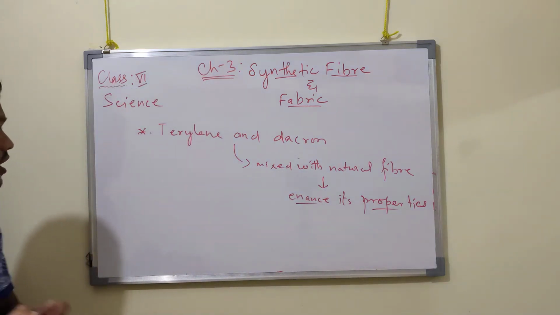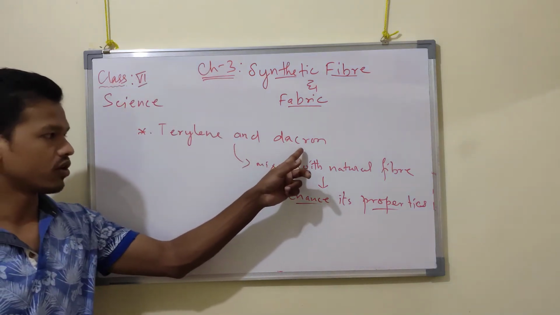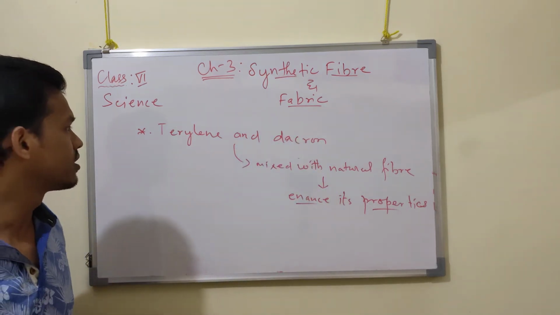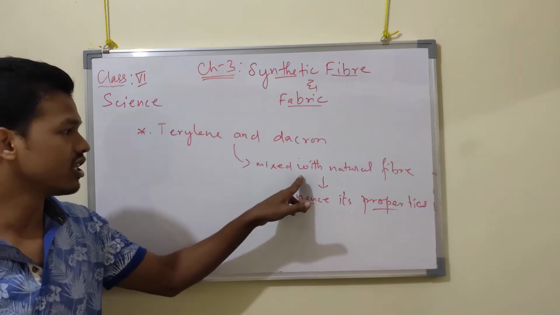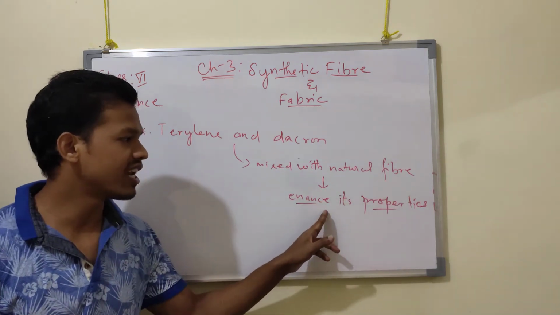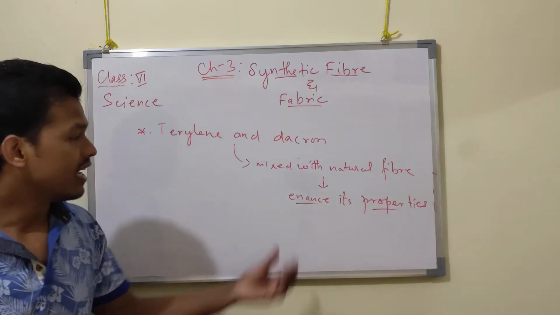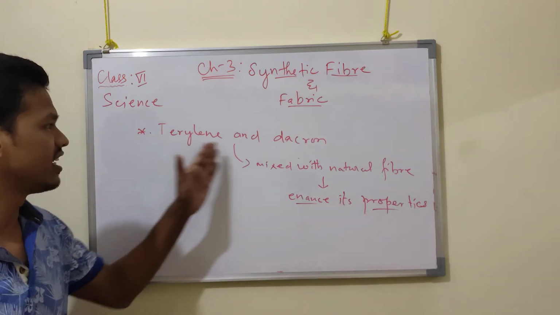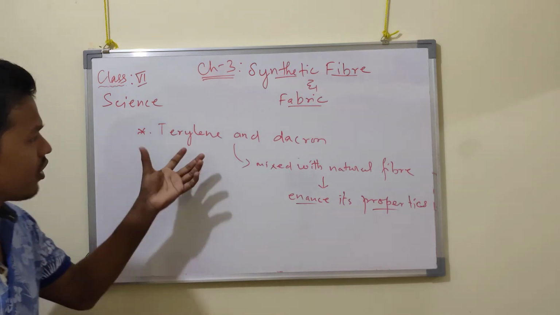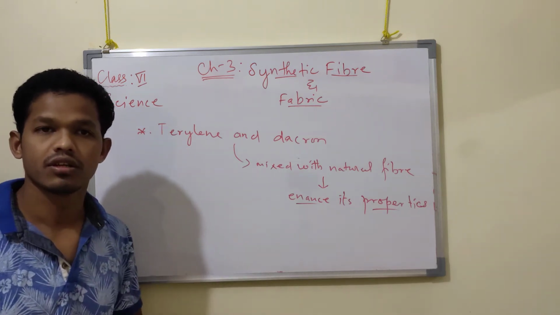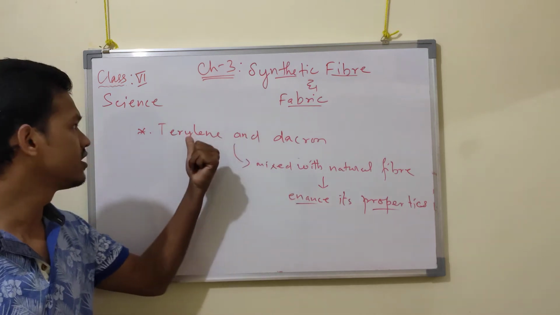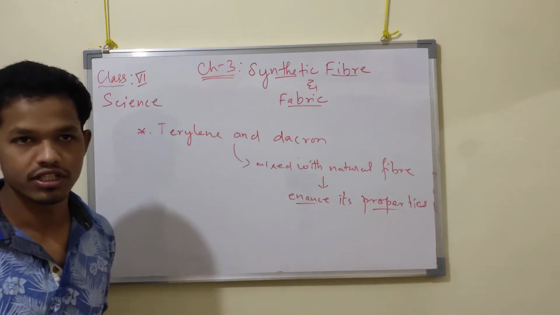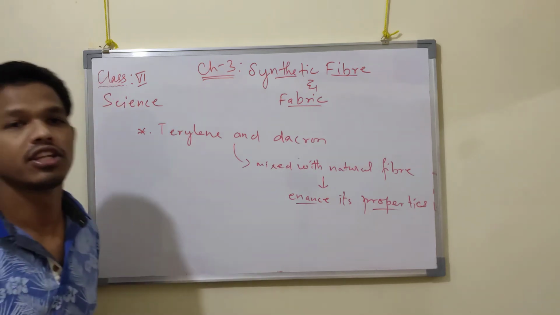So terylene and Dacron are the common varieties of this type of synthetic fiber, which are mixed with a natural fiber in order to enhance its properties, to gain some properties. So these are used, terylene and Dacron, often by mixing with natural fiber. They are also called synthetic fiber, that is polyester. Also these are blended with other natural fibers,